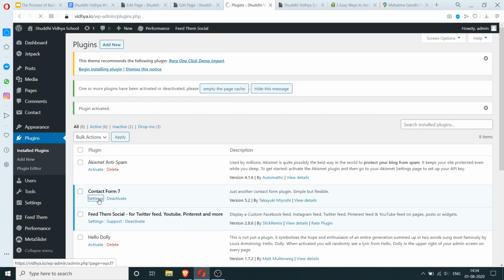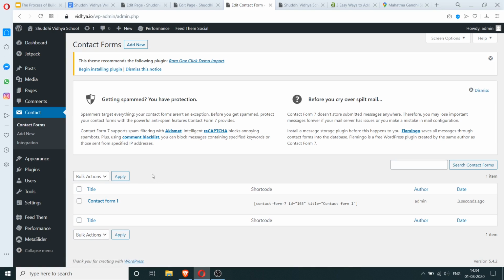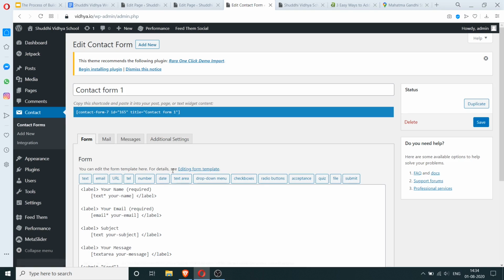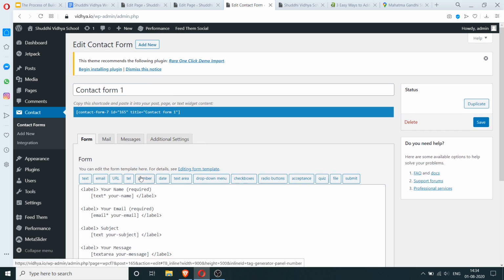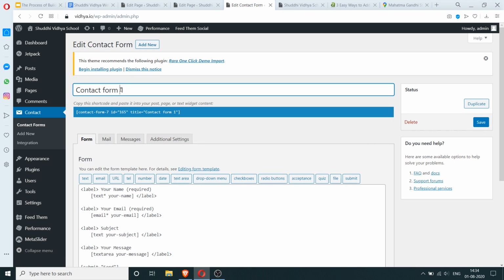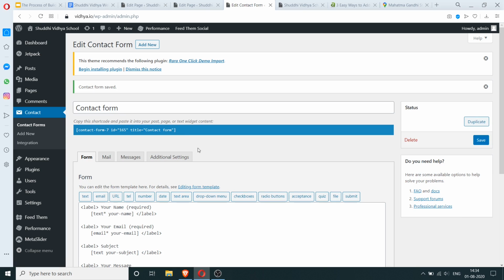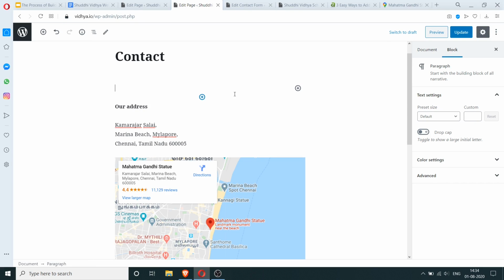So I'm going to go to settings on this one, and I'm going to click on edit here. So this is a default form. We already saw this plugin in an earlier video, so I'm not going to go over this here, but I'm going to say save, and I'm going to copy this shortcode. I'm going to go here and paste it here.